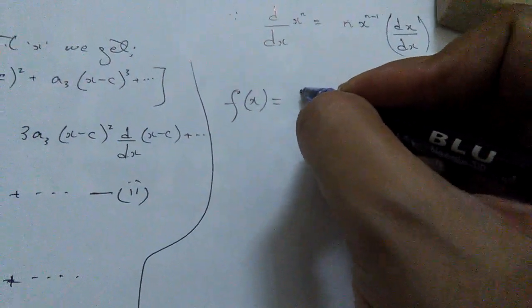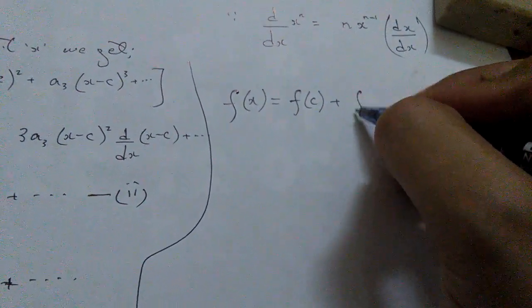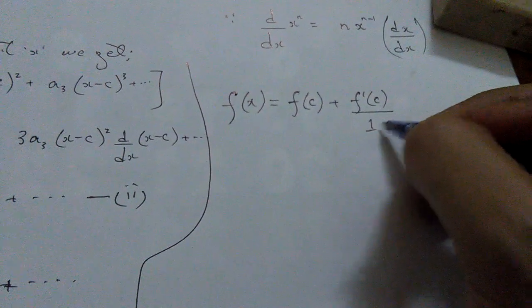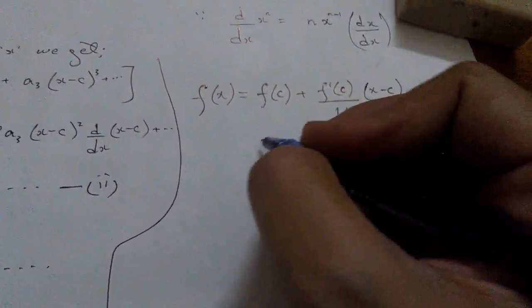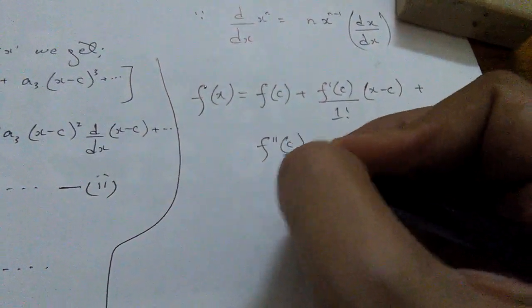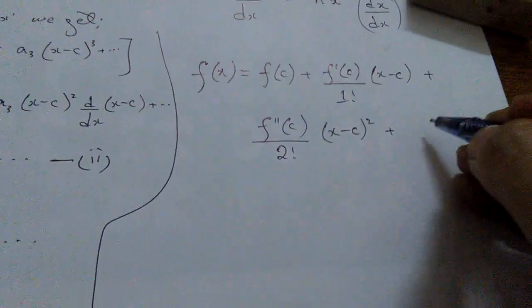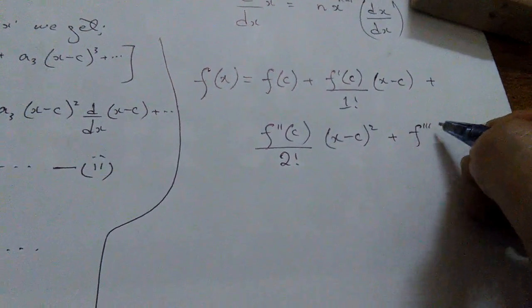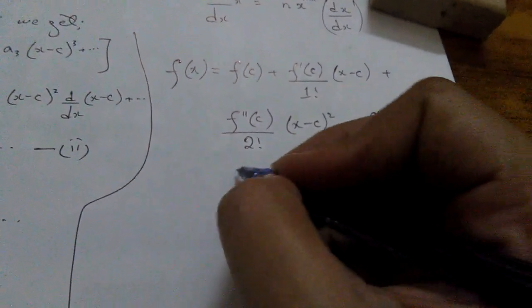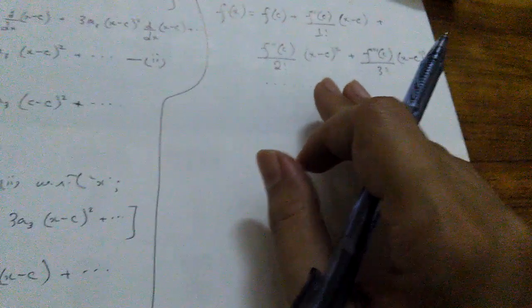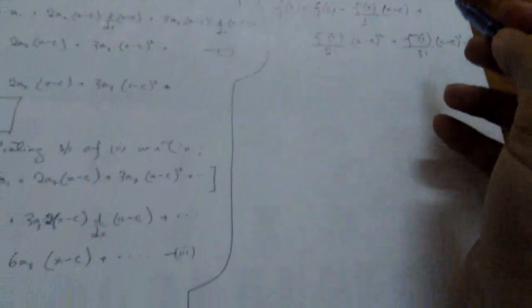It is a0, and a0 is my f of c, plus a1 is my f dash c upon 1 factorial times x minus c, plus a2, which is f double dash c upon 2 factorial times x minus c whole square, plus a3 is expressed as f triple dash c upon 3 factorial times x minus c whole cube, and so on. It keeps on going up to infinity. So that's how the power series is expressed, and this is what you call the Taylor's polynomial that we discussed